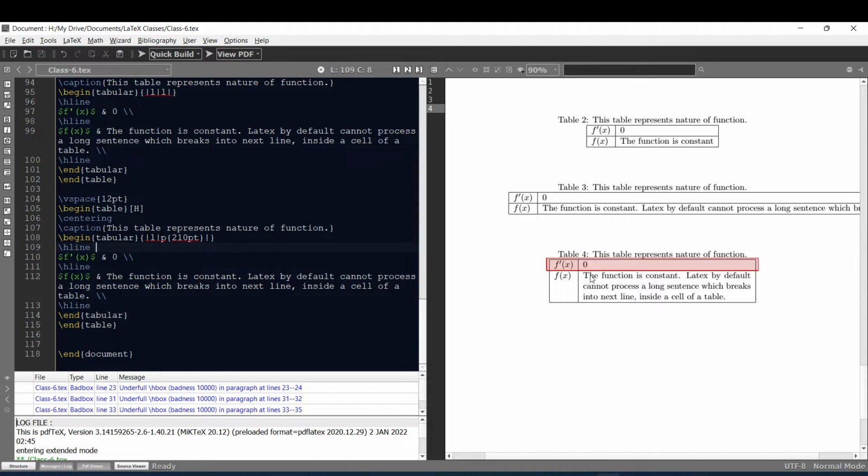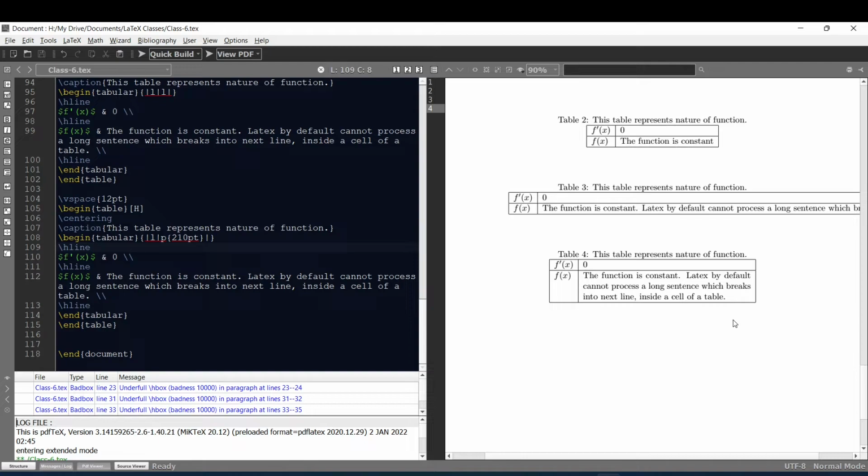Okay, as you can see, our issue is resolved in this output, and the cell of the table now contains the whole long sentence. Next, we'll learn about merging multiple rows and columns in a table. In LaTeX, columns can be merged without any additional package, whereas for rows we need the multirow package.